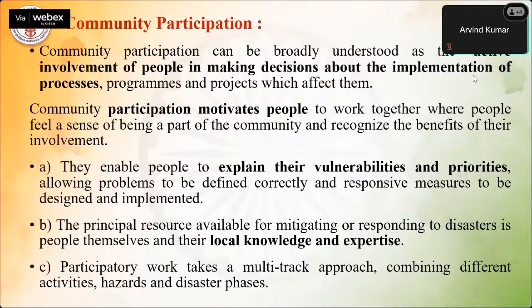They enable people to explain their vulnerabilities and priorities. The principal resource available for mitigating or responding to disasters is people themselves and their local knowledge and expertise. A very important thing, the community is local. So because they are local, they have better knowledge of the area. They have also better knowledge, better expertise to take care of the local issues. Then